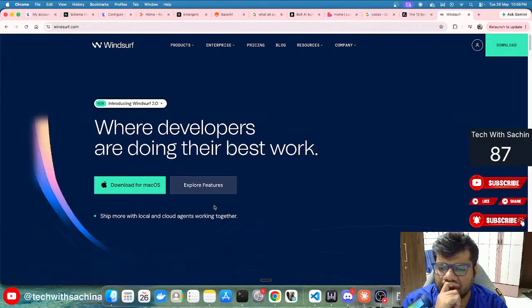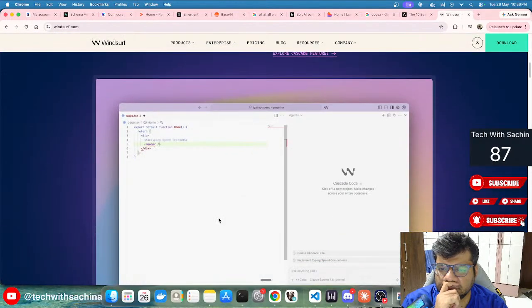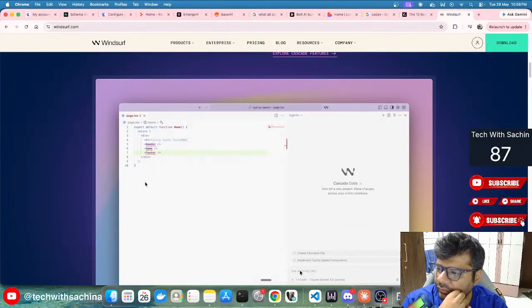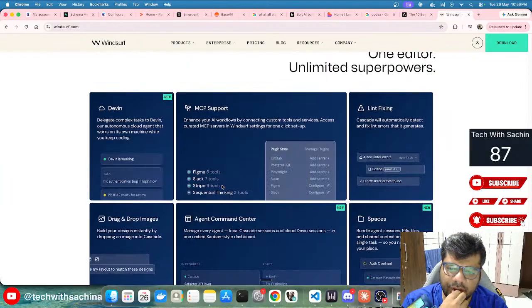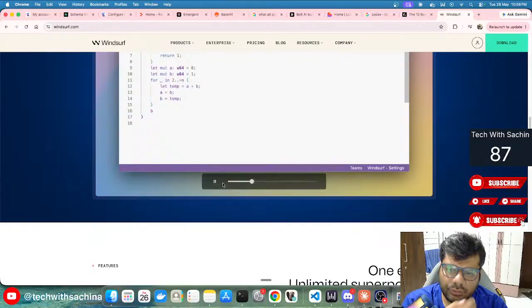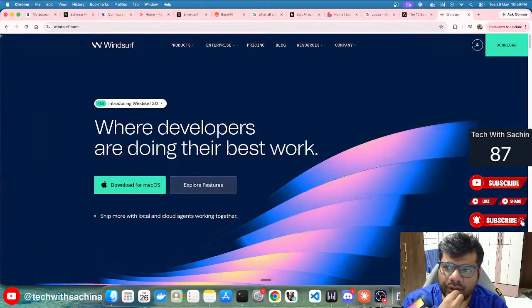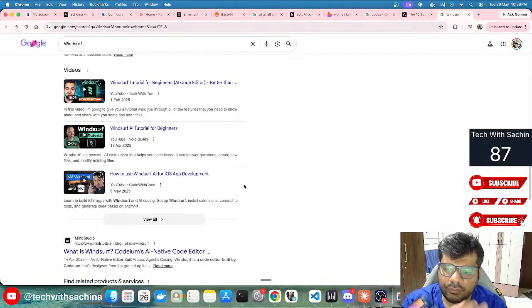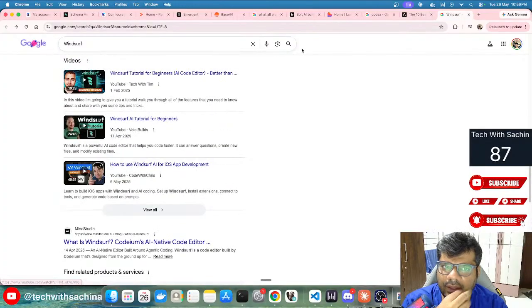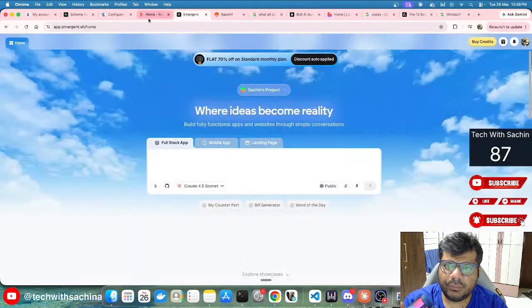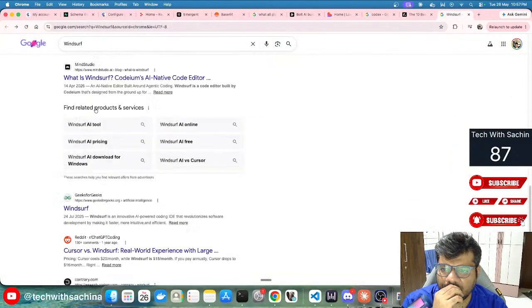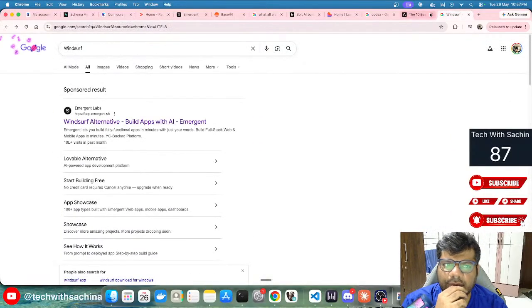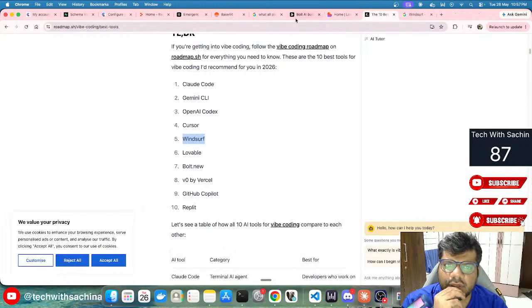This is also like a VS Code kind of tool, the UI is similar to a VS Code extension. So this is similar to Claude itself. I don't want to get into these kinds of tools. I'm only looking for SaaS kind of tools, like Base44, Emergent, Replit and all. So I'm just looking for those kinds of tools. I believe this should be good for us.